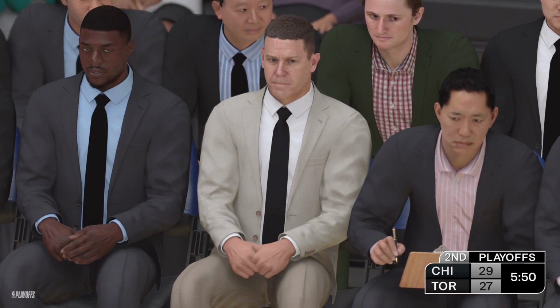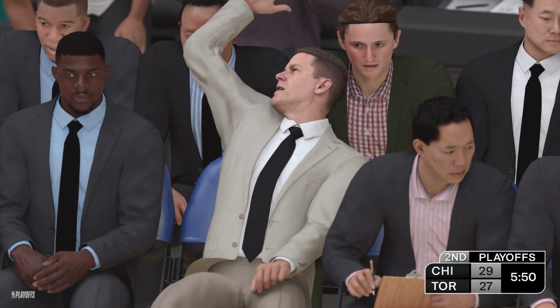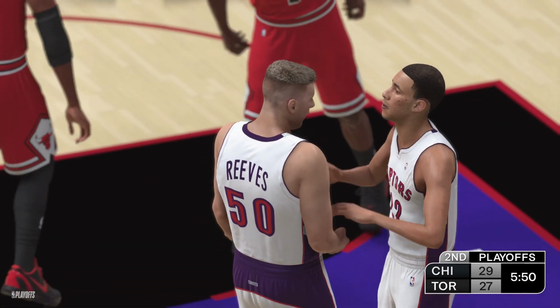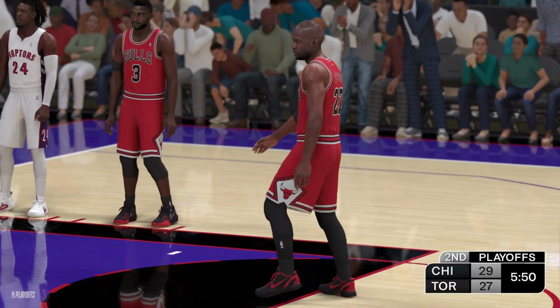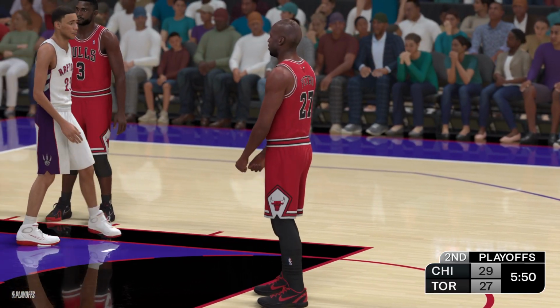Shooting foul as the whistle blows. He'll shoot 2 free throws. Yeah, the defender all over him. He got him good there. I mean, that's why the shot was so far off.